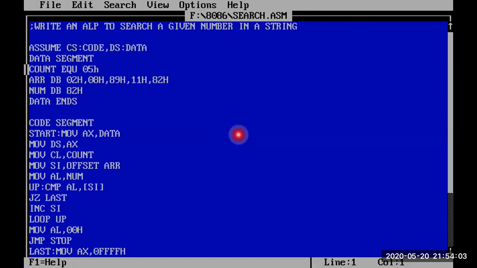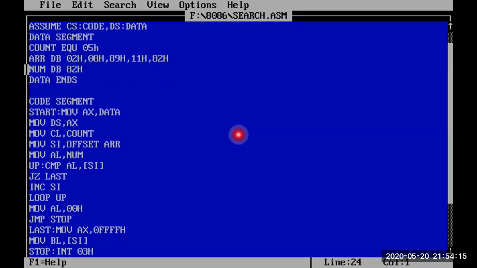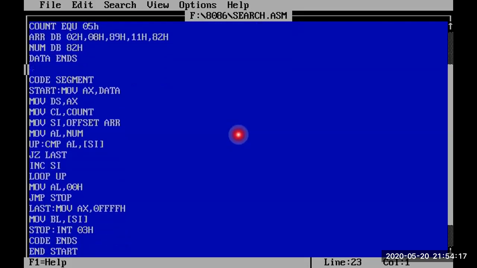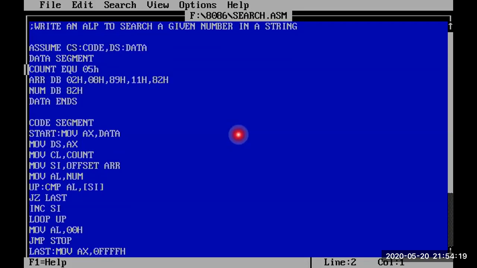Here you can initialize .MODEL SMALL or .CODE, or you can initialize the data segment and code segment separately. Here I initialize the data segment separately and the code segment separately. Here, assume CS as code and DS as data, and this is the data segment.